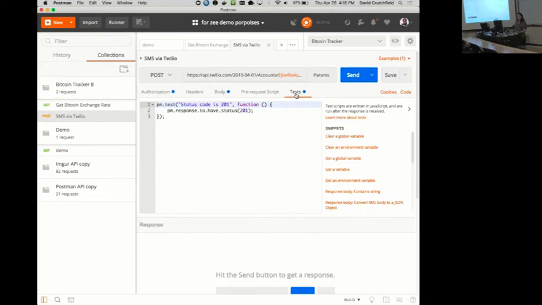If you don't really know what a Postman test is, these little snippets here on the right side can get you started. I don't write that much Chai syntax, so I pulled this in: status code is 201, and this is what I would expect. This is what we call a Postman test. The name of the test is just the first parameter, something meaningful to you, and the second parameter is a function that will evaluate to true or false,